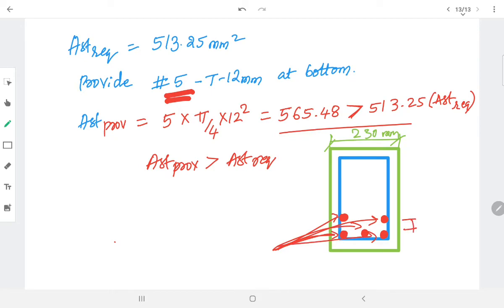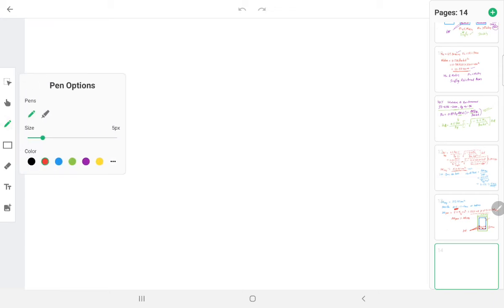And whatever gap in between these reinforcement in layers, gap between the layers should be minimum 25 mm so that the aggregate can pass. Okay, so here we have calculated value of AST. Now apart from this, these are the stirrups we will calculate in the next session, whereas to hang these stirrups we must have minimum 2 number of bars. Minimum 2 bars.